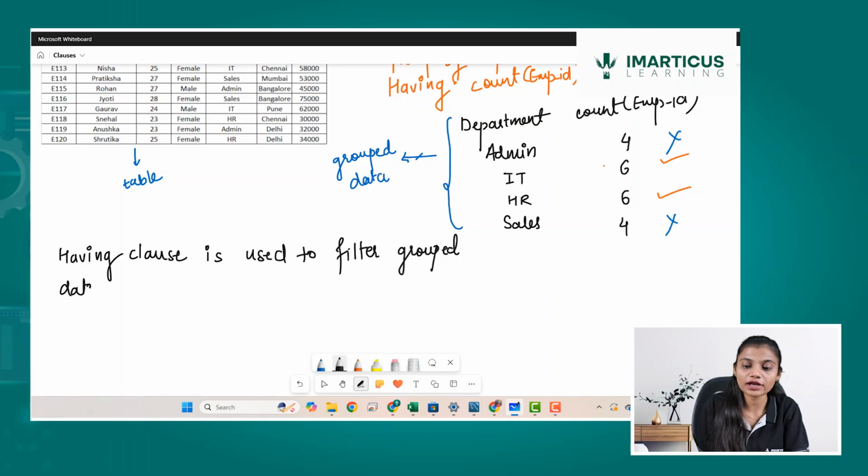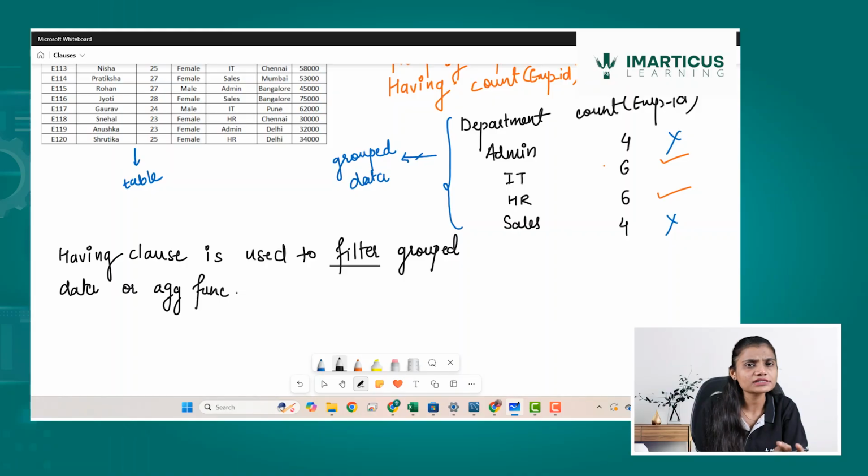The result which you get from a group by clause is group data. It will filter the data on the basis of aggregated functions. That is known as the having clause. So it is also used to filter out, but it has the criteria that the data which is used is group data, and it can also filter on the basis of an aggregated function in the search condition. So that is what a having clause is.